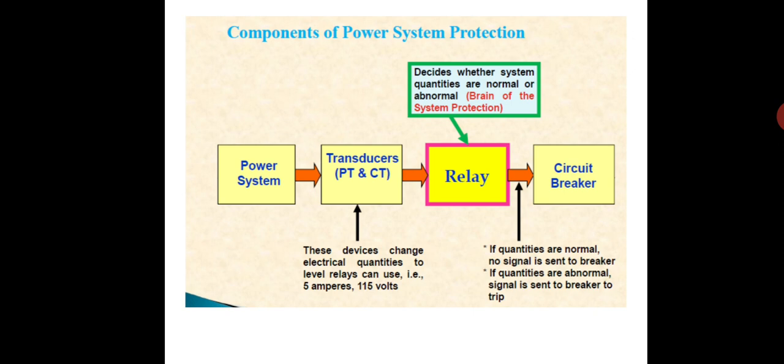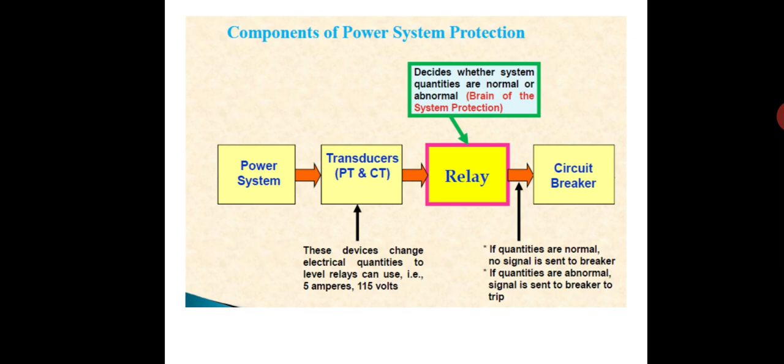Relay circuit: the relay unit works at low voltage and low current. We cannot connect our relay unit, which is our brain, directly to our live line, the main line, because the main line carries very large current at a very high voltage. If we connect it to a very low voltage relay unit, it will burn our relay unit. So for this purpose we need to step down, reduce the voltage and current, and then give it to the relay.